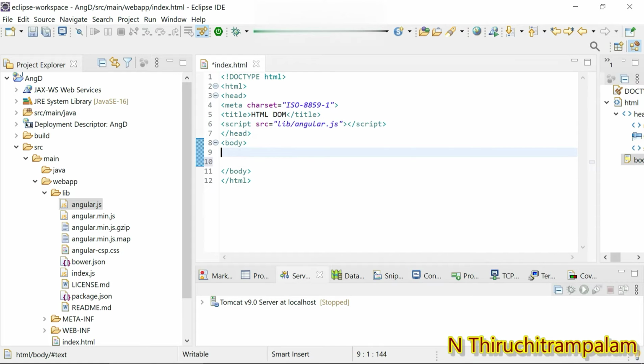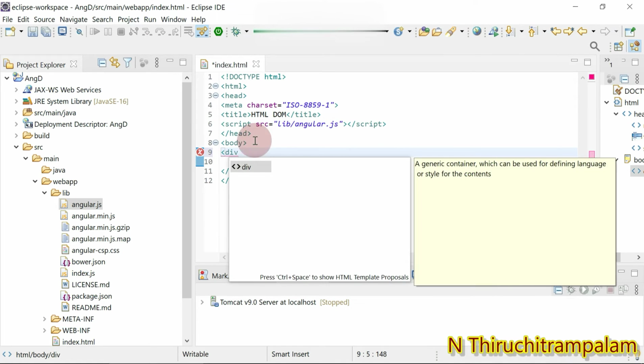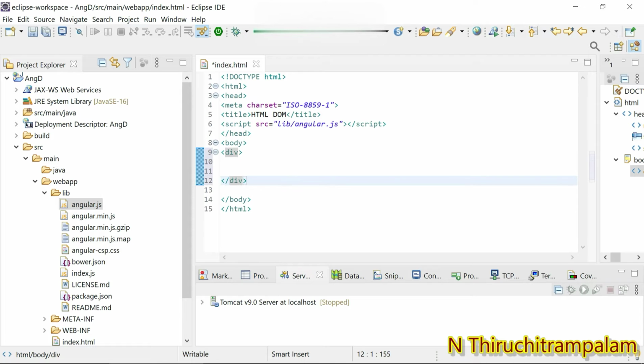Here I create a div element. Within this I use the default app, data-ng-app equal to double quotes. That's it.